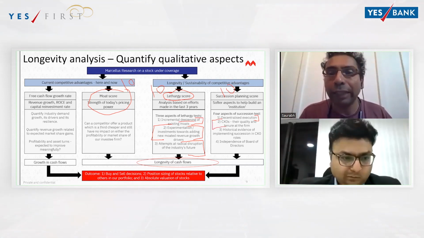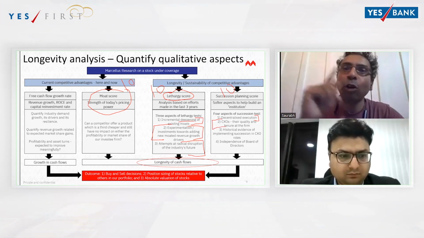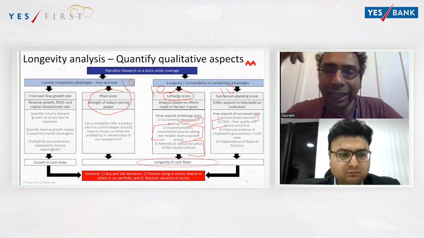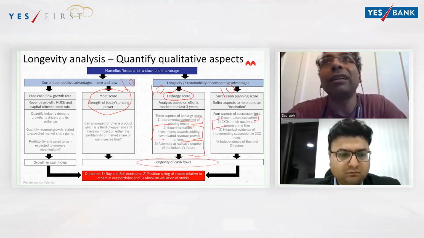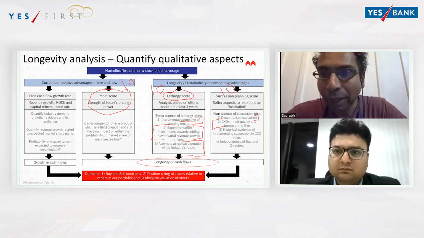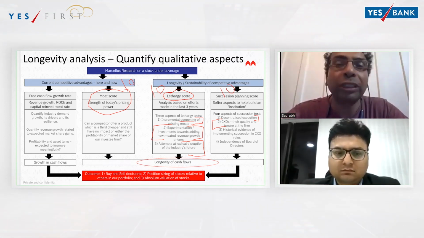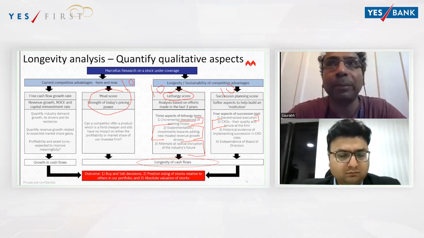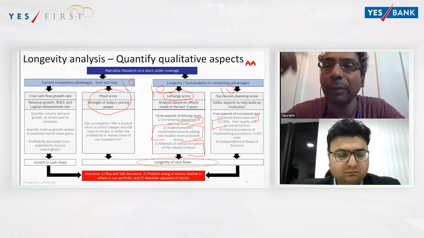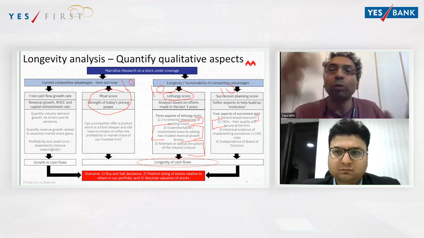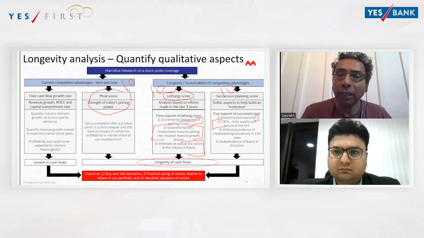Second is we look at the last 10 years of annual reports and look at how quickly the boardroom churns. In typical mediocre companies in our country, boardroom will churn every 3 years. In high-class franchises, the boardroom will churn once a decade. A TCS, an Asian Paints, a Pidilite, आप देखोगे 10 साल में एक बार boardroom churn करेगा, right? So boardroom churn is a very good measure of quality of succession planning.